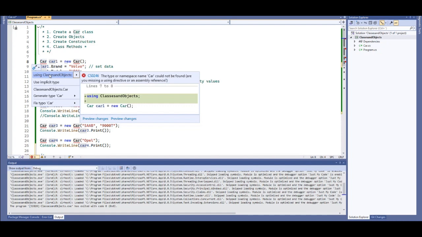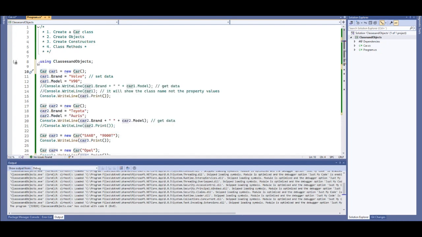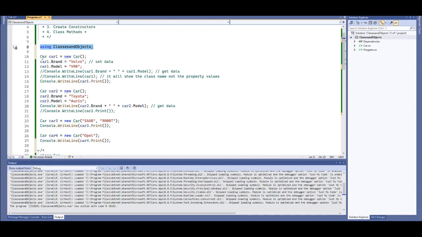This one, the first, yes, it will add it. Now you can see it is added here. And now there is no error because it used the project name and all the files. If you create other classes, it will also define them and you can use them. Now, if you run the code,